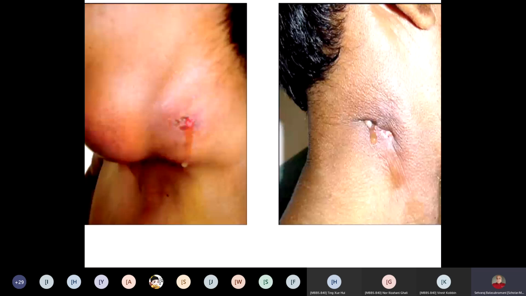Will you just keep giving antibiotic and dressing, and what else you have to do? Anti-tubercular drug. Yes, you must give anti-tuberculous drugs. Otherwise, this sinus is not going to heal. Suppose your patient is having a cold abscess, how will you treat? Will you do I and D? Non-dependent incision. Non-dependent, very good. Non-dependent incision you can do, or otherwise you can just aspirate it. The main thing is you have to give anti-tuberculous treatment. You can aspirate it. You need not do I and D at all for cold abscess.